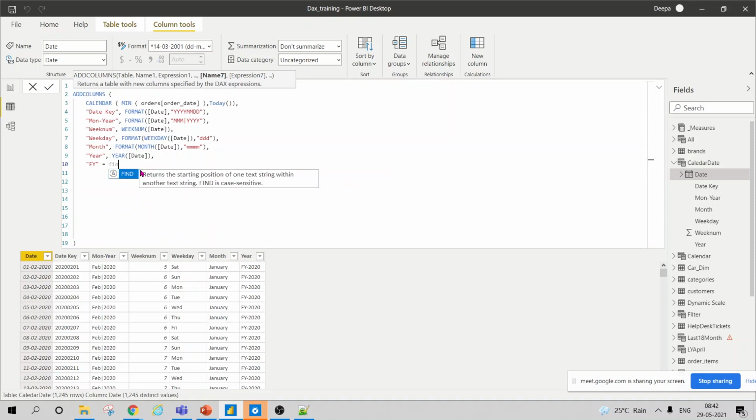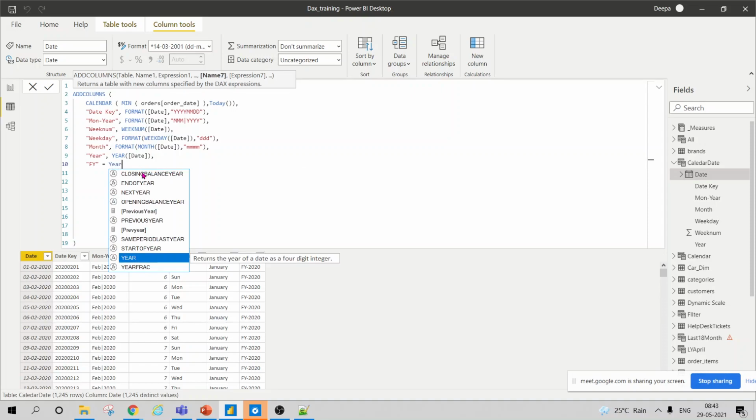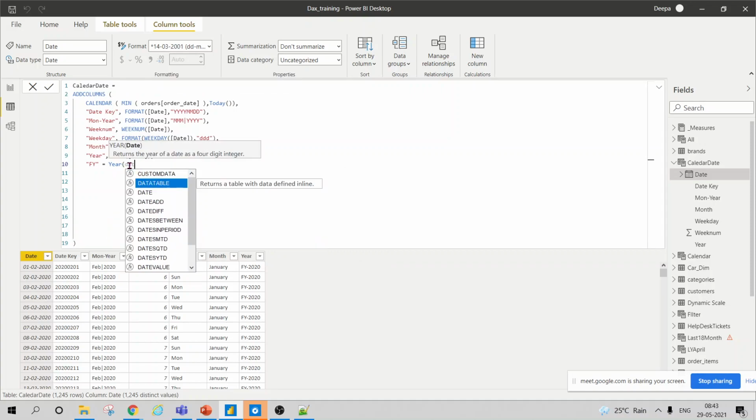Where is that function? Let me check. Maybe I'm missing something.